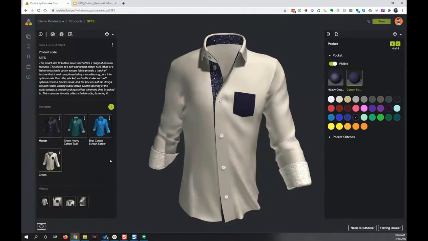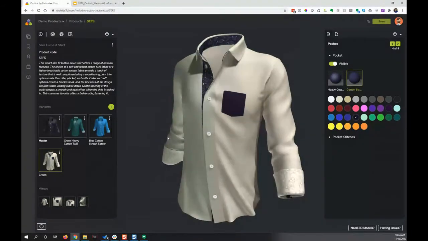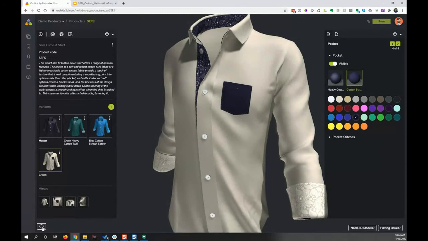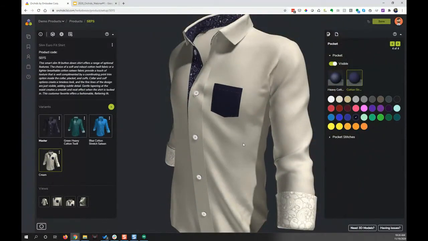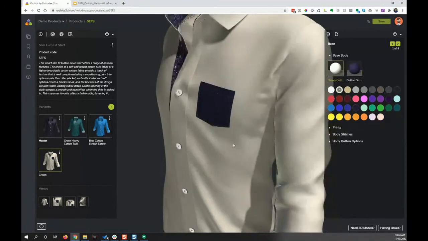So why may I want to have these variants created? One of the features here in the design tool is the ability to create snapshots. We have what we call our snapshot tool down here in the bottom left corner, and this allows anyone coming to this product the ability to render 2D imagery of the 3D product for uses such as presentations or potentially use in an e-commerce space. So let's say I'm marketing or part of the e-com team and I would like to use this imagery as part of